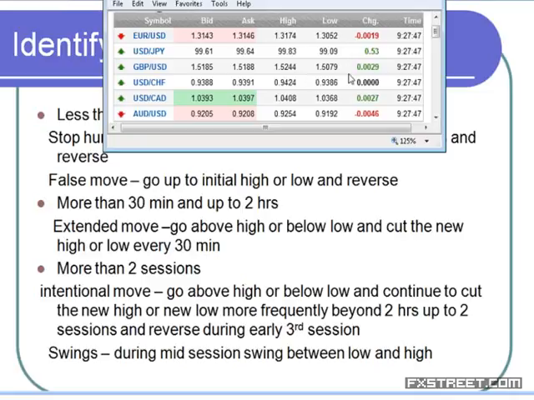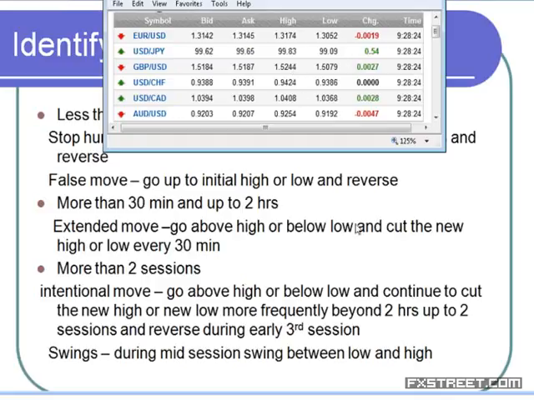Now, they are holding for 1 hour above the initial high, 1.5160. And if they continue to hold above for more than 2 hours, then slowly if they gain the levels, that means it is an intentional move. That means in the European session, they started breaching the initial high. So in the European and US session, they are expected to rise, and the start of the next day Japanese session.